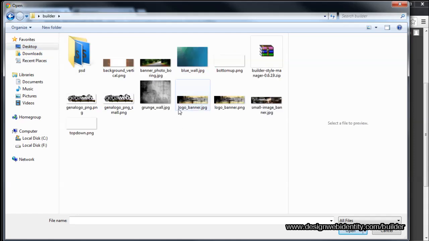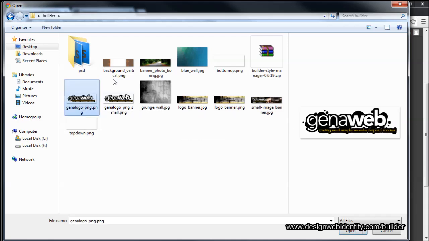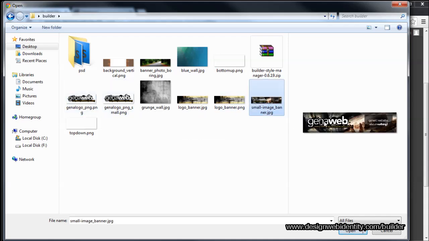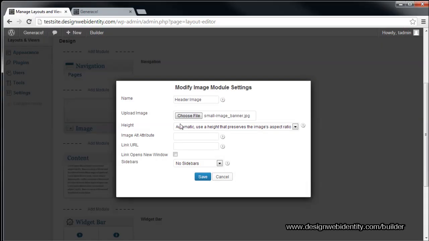As you see here, I've got a few images that are just bits and pieces. I can choose to use just a general logo, but for now we'll start off with an actual image-based header. Open, and I can actually choose an alt attribute, which is something more focused on SEO. So we'll just say